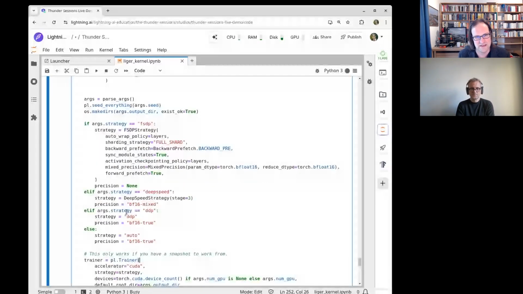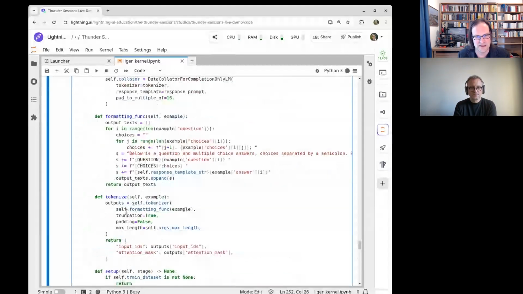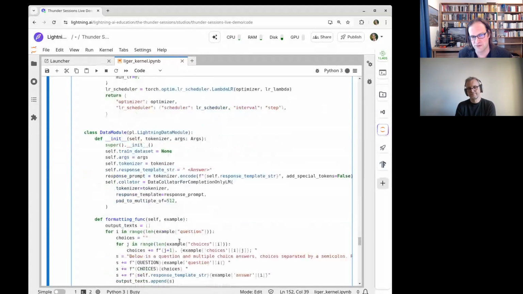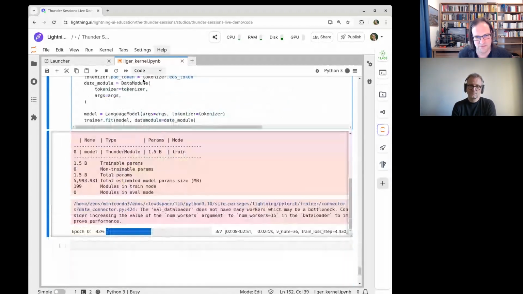If we scroll through the source code, we can see that it has here the data collator for completion only LM, which is a function that aggregates the batch. And it says here pad to multiples of 16, and we will broadly bump it to 512, and then we will be a lot faster.